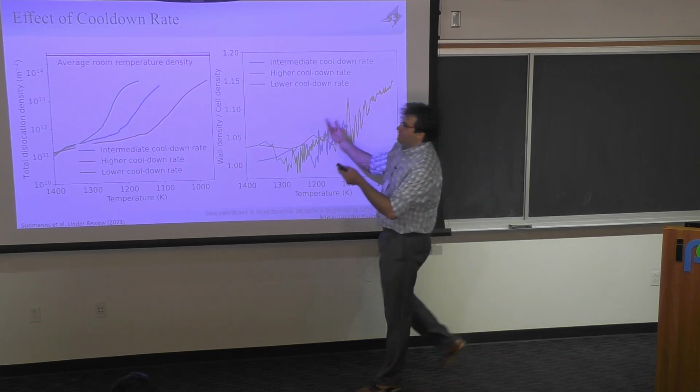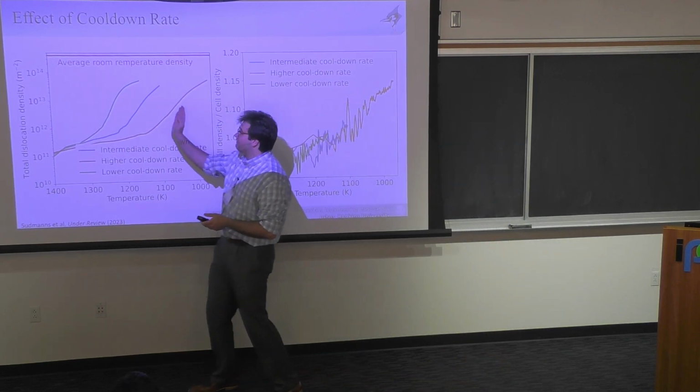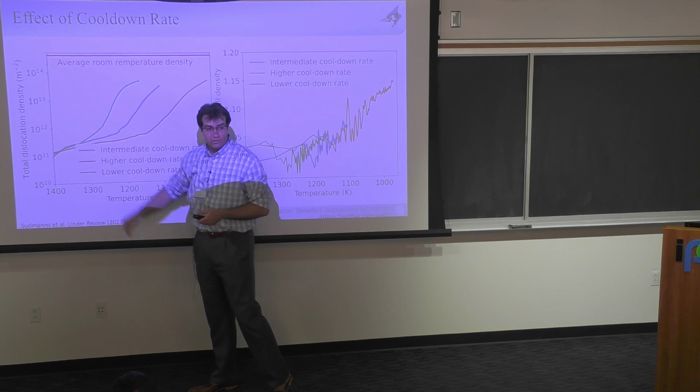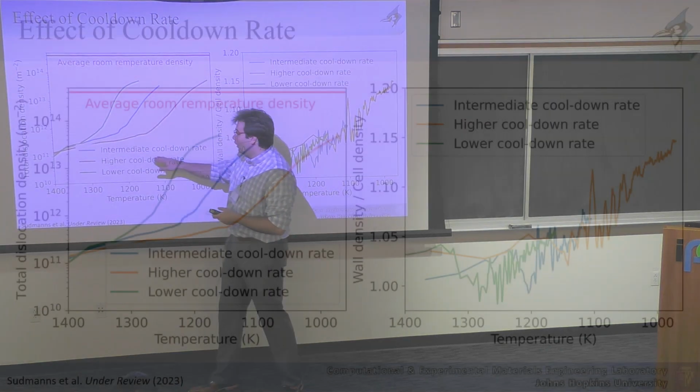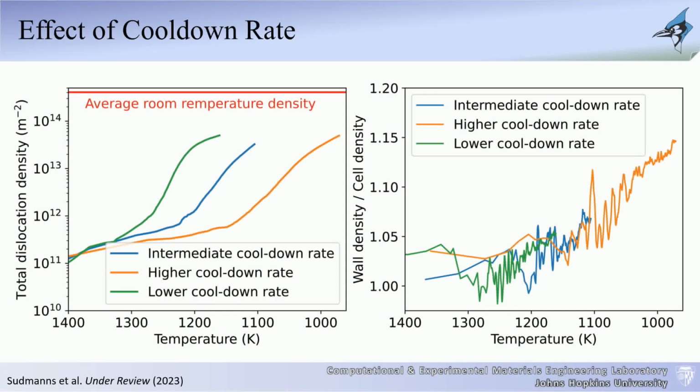You can actually do a lot of intriguing things now with these types of simulations because you can vary the cooling rate. There is a given cooling rate that you get from the experiment, but you can say, okay, maybe I'm going to lower it, maybe I'm going to increase it. So the intermediate is the one that we have similar to the experiment. Higher means that we doubled the cooling rate. Lower means that we divided by 1/2. You can see the evolution of the dislocation density, total dislocation density. They're different. The dislocations actually start multiplying a lot faster for the lower cooling rate. Why? Because you're giving the dislocations more time to activate at that temperature.